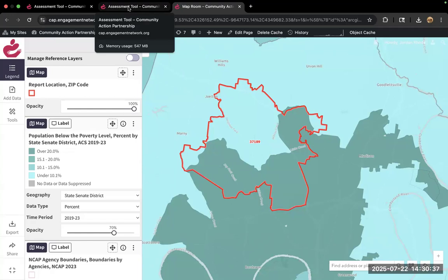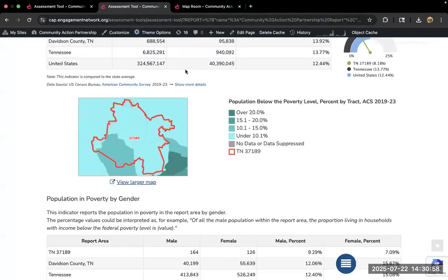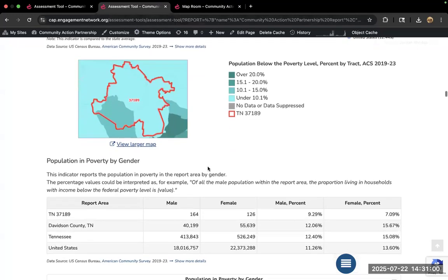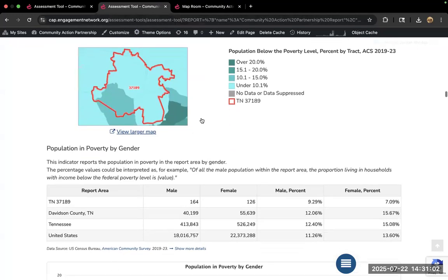And if anything changes on that, we will communicate with the folks at NCAP, who will then communicate with you all. And our team is doing a fabulous job of being really on top of everything right now. And so we will keep you posted if there are any big changes to some of our core indicators or map layers.